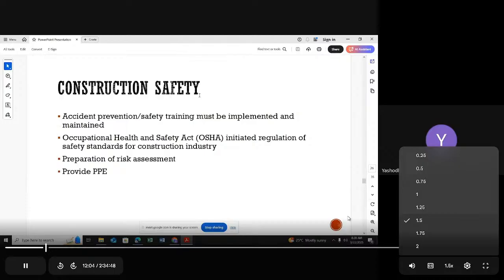We have to work at very high levels. We have to work on edges. We have to work on external surfaces without any support from the ground. With electricity, with fire, a lot of things are there. I think you have no experience in the industry. There is a different category of labor called riggers.